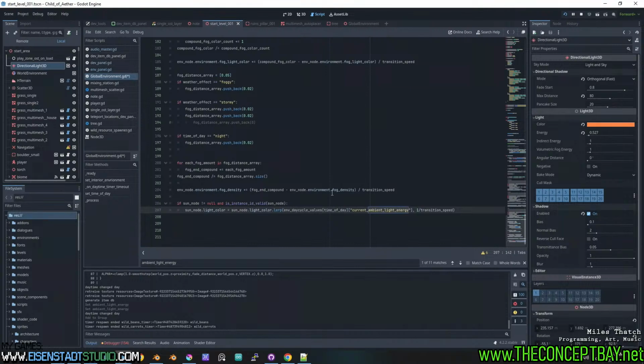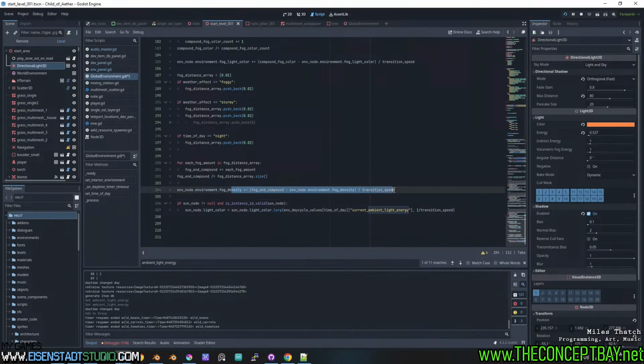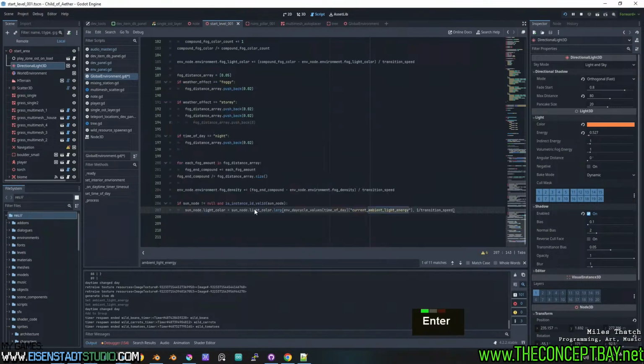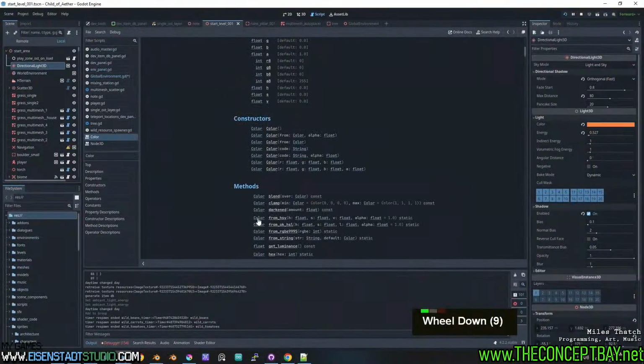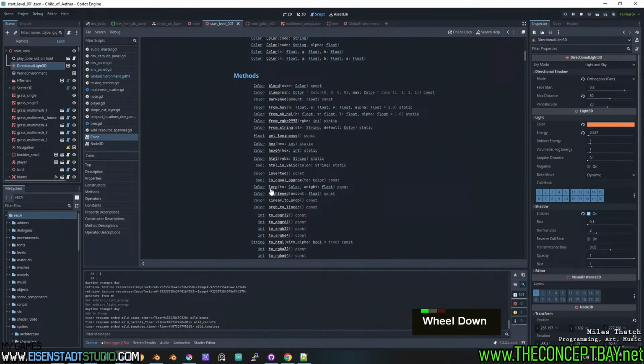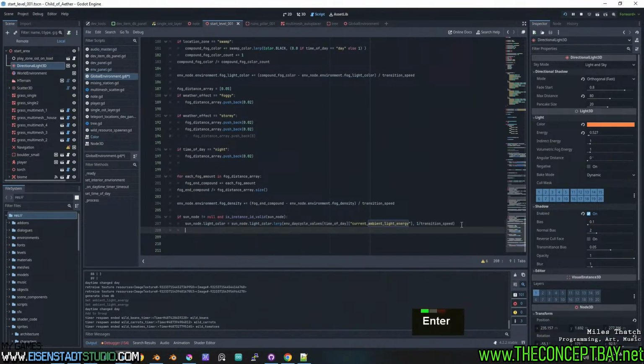Because otherwise we usually use this smooth transitioning formula, but I don't think we can do that with color. We have to do interpolation. Color has its own lerp function, or blend, but that's not really what we want. We can clamp a color, that's neat. Lerp, there we go. Okay. And now,